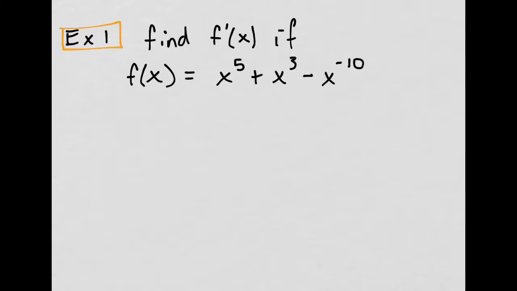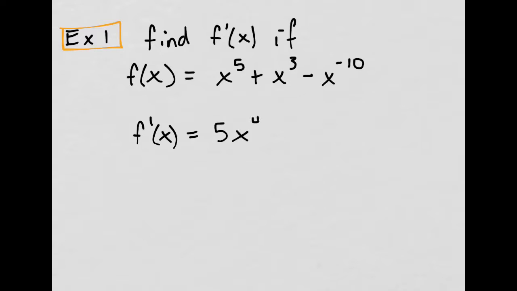So find f prime. Find the derivative if f of x equals x to the 5th plus x to the 3rd minus x to the negative 10. Remember, taking the derivative means you can distribute the derivative operator to all three of those things. That was from the last section. Yes, we're going to build on it. So I take the exponent and I bring it down, and then I subtract 1 from this exponent. So, f prime of x equals 5x,